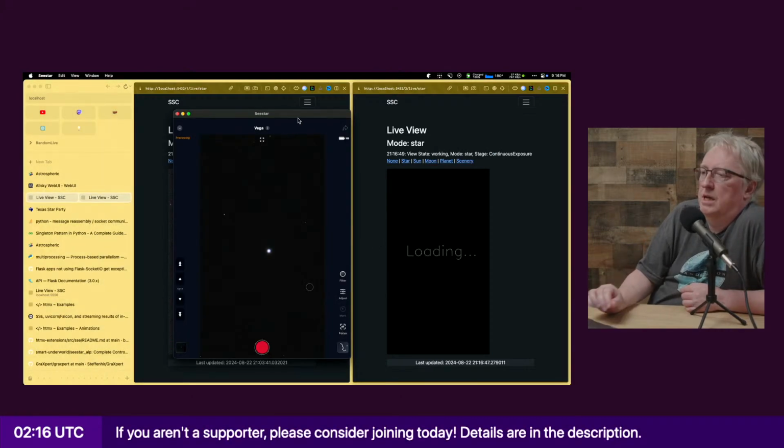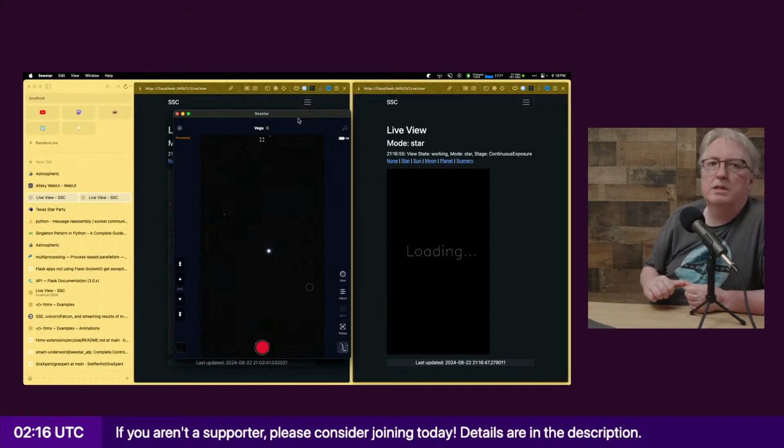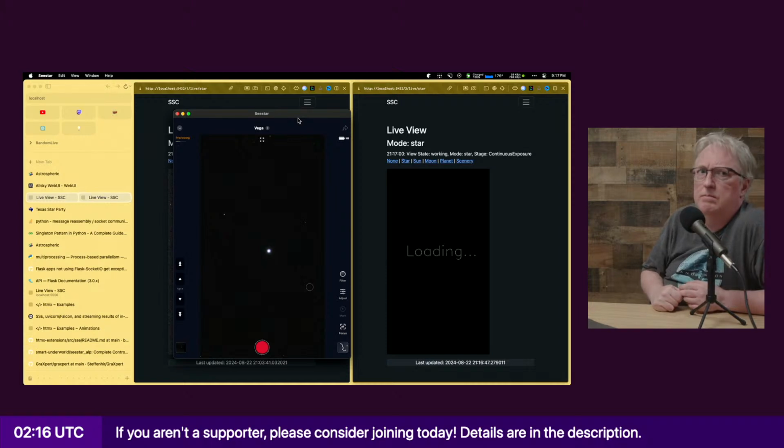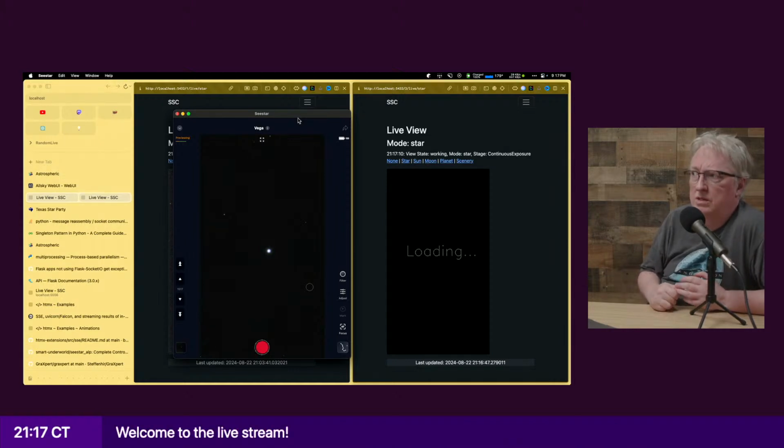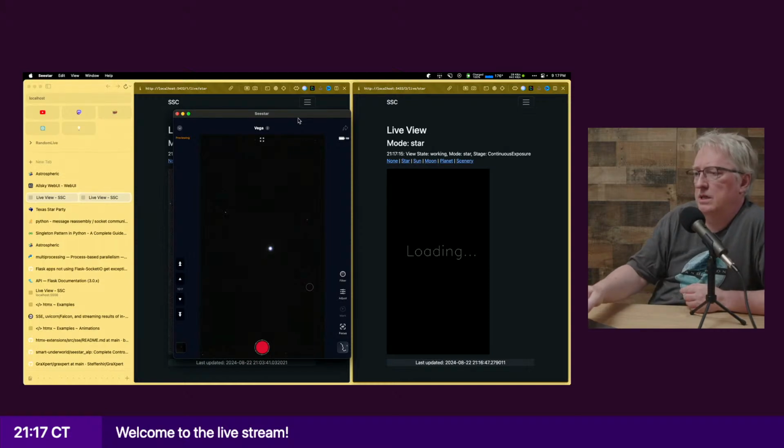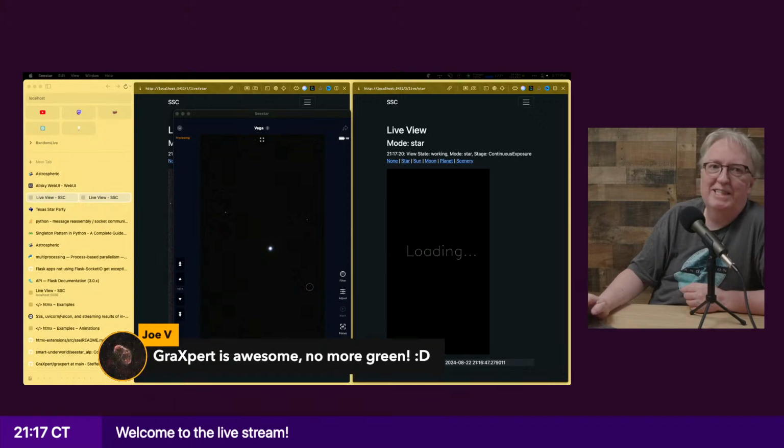But basically, I added Grok stretching because it turns out the code, I think I looked at it the last live stream, the code's written in Python, and I was having some initial difficulty getting the code working with the image format I had, and I wasn't sure if I'd be able to get it working. And yeah, no more green.